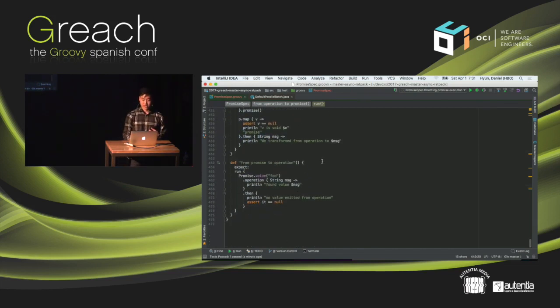So this has been a high-level view of promises, operations, how asynchronous works in Ratpack, how you can test it, and how you can create promises and get an intuition for how promises work in Ratpack. If you're interested, I'll make these unit tests available so that you can play around with them. This is also going to be the basis for a larger asynchronous cookbook that you can look at, be inspired by, and find value in Ratpack. But yeah, that's what I have for you today.